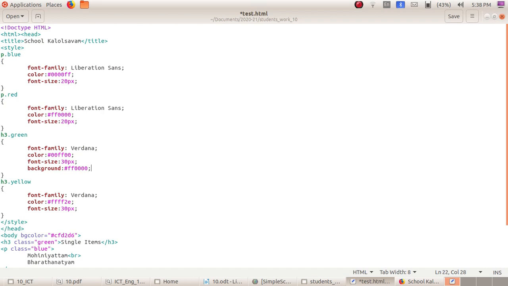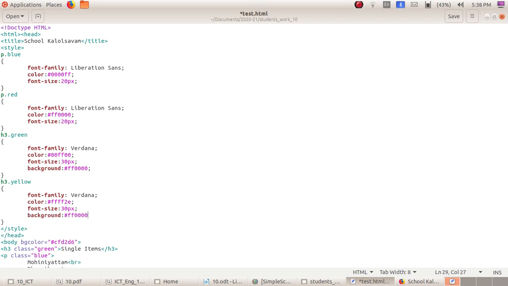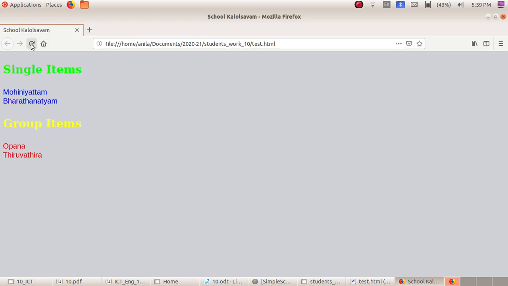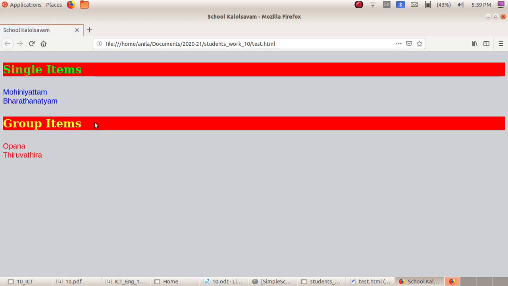This is the code for red color. You can give the same color to the next heading also, that is the heading for group items. Now I am just copying and pasting it, then save it. Now we can run, just refresh. See, the background colors have come for our headings.